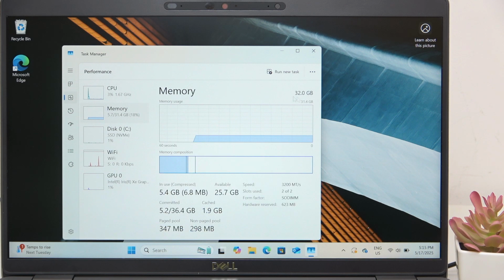In memory you can see the amount of memory, it's quite big here. Then the speed and the slots used and the form factors. So if you're planning on an upgrade, if the form factor says SODIMM, not rows of chips, then it's replaceable,